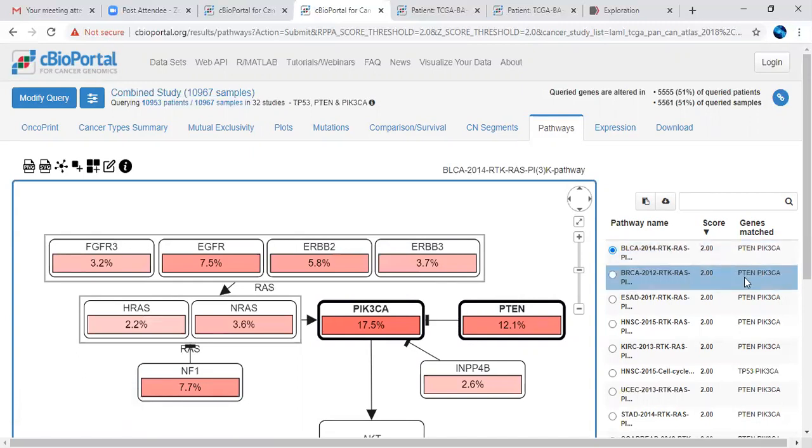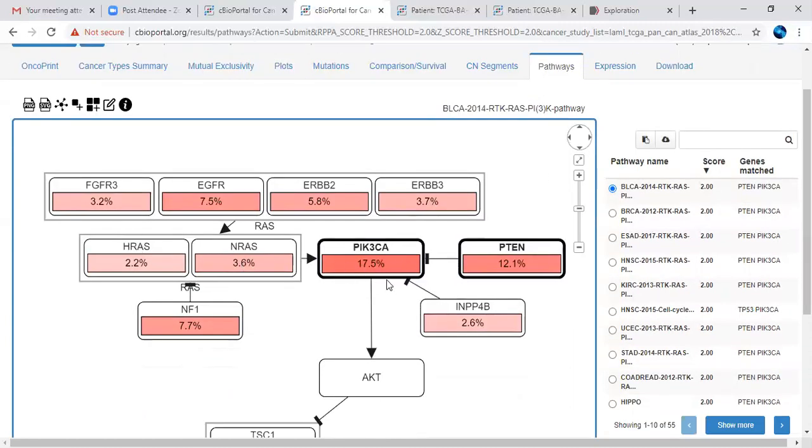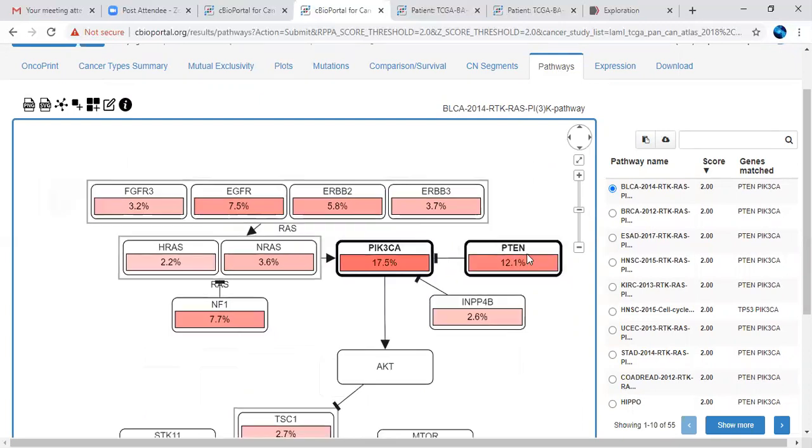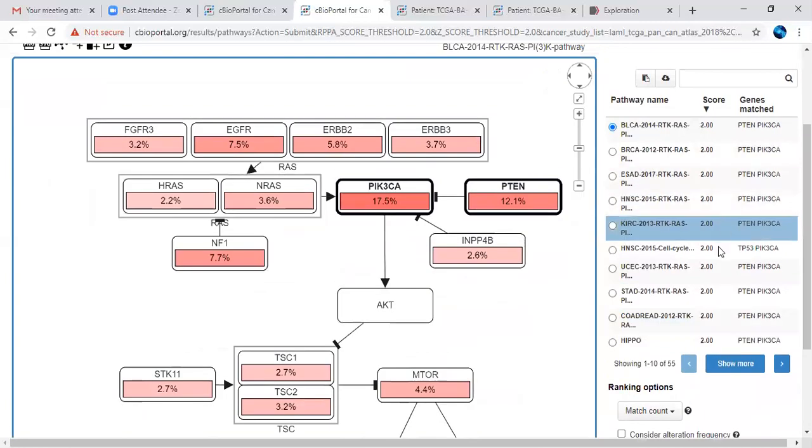So you can see if you are interested in any one gene, the particular pathway is going to change. So which pathway is it showing? It is showing the RTK RAS pathway with respect to the search option. So apart from the PIK3 genes and PTEN genes, what other genes have been altered in that particular pathway, that is the RTK RAS pathway. So this type of alterations and inhibitions with respect to the pathway you can get. You are also getting the scores with respect to alterations, and you are also getting the gene which is being matched.